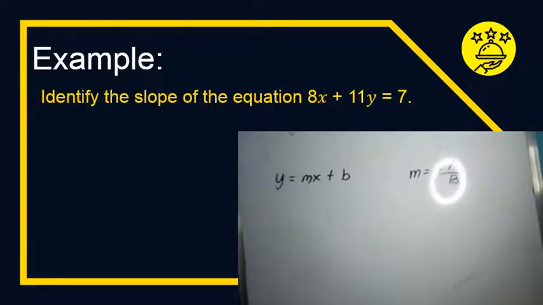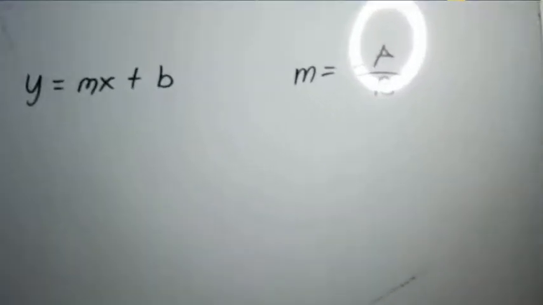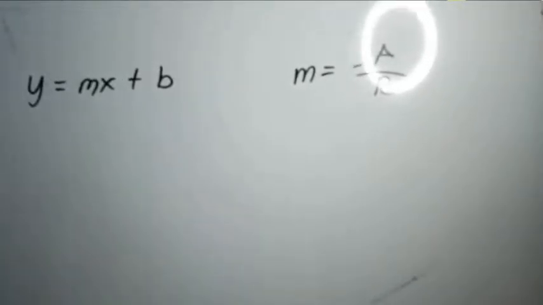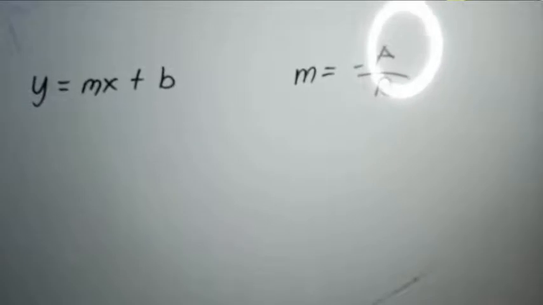So let us have an example. Identify the slope of the given equation 8x plus 11y is equal to 7. So we have two methods in finding the slope given an equation. First, we write the equation in slope-intercept form, y is equal to mx plus b, where m is equal to the slope. And another method to find the slope is to